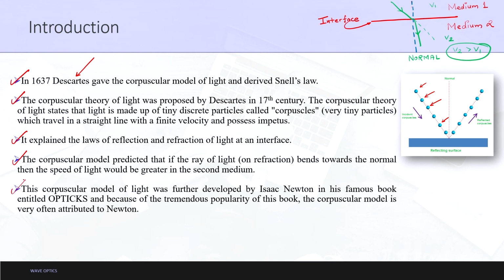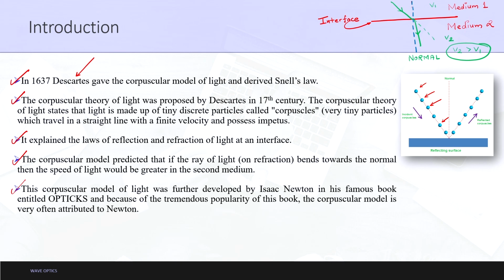As you can also see from the diagram, the complete theory was made by Descartes, and everything is now related to Newton only. The final conclusion was that Newton made this theory. Everything was done by Descartes, but as the published book was by Newton, every work which we know was credited to Newton. So, this is just information.